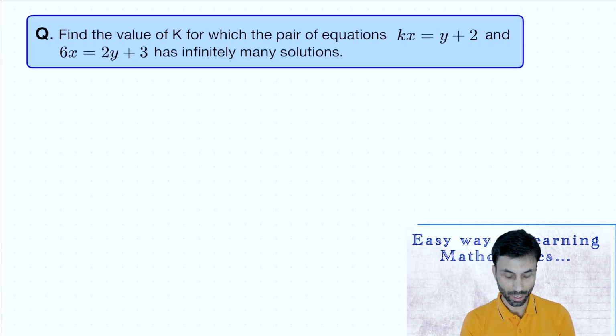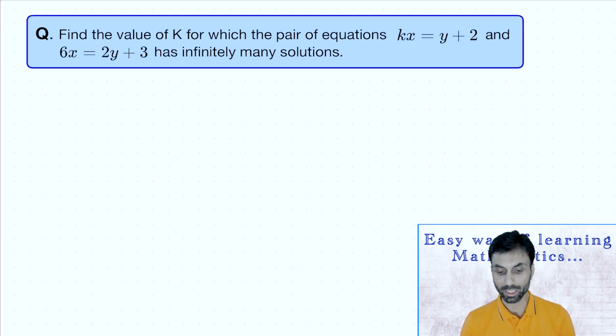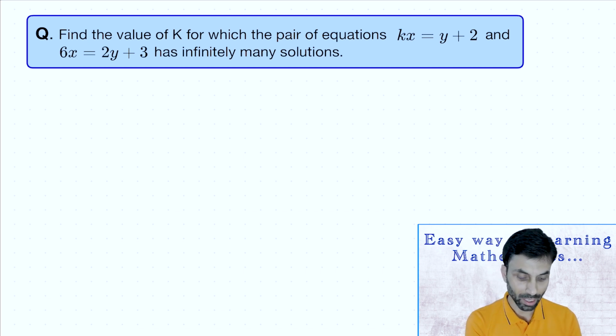Moving to the next question, we have find the value of K for which the pair of equations Kx equals y plus 2 and 6x equals 2y plus 3 has infinitely many solutions. Again, in this case,